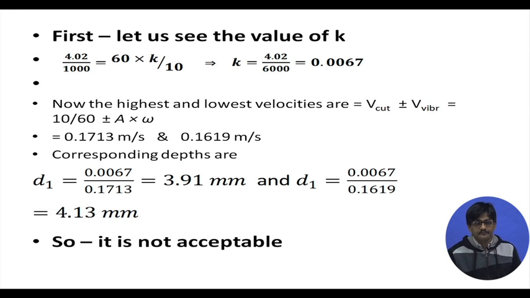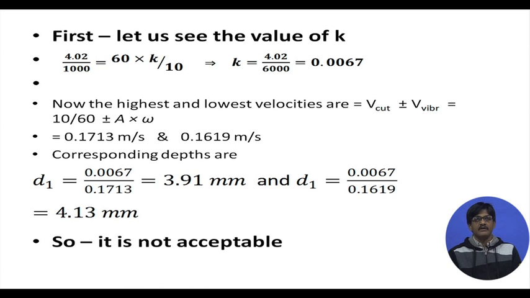If the viewers kindly recall, A omega gives us, in simple harmonic motion, the maximum velocity at the mean position, where A is the amplitude and omega is the angular velocity. And therefore, once we put in the values of omega and A which are given in the problem, we will obtain that the maximum and the minimum velocities will be coming out as 0.1713